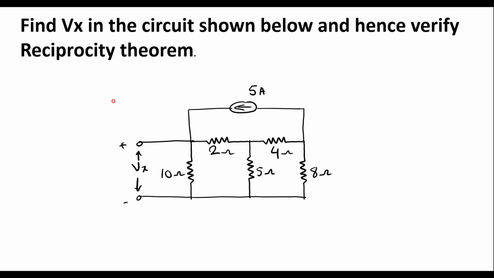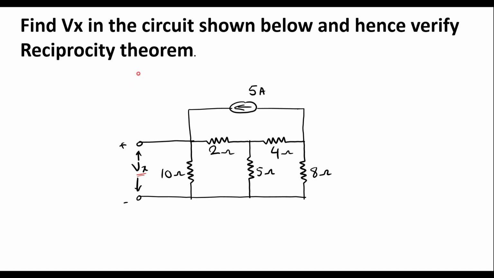In this video, I will consider one numerical on reciprocity theorem. Find Vx in the circuit shown below and hence verify reciprocity theorem. This is the given circuit. So we have to find voltage Vx, which is nothing but voltage across 10 ohm resistor, and we have to